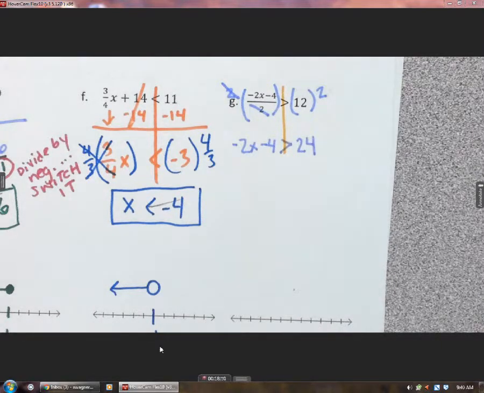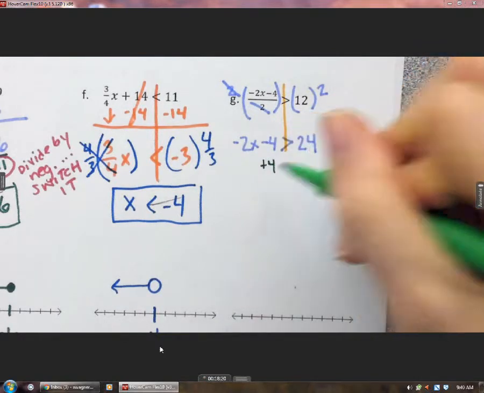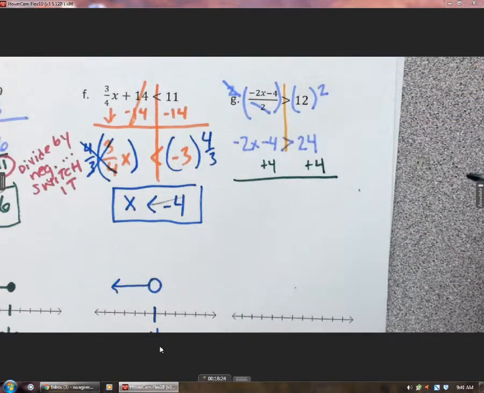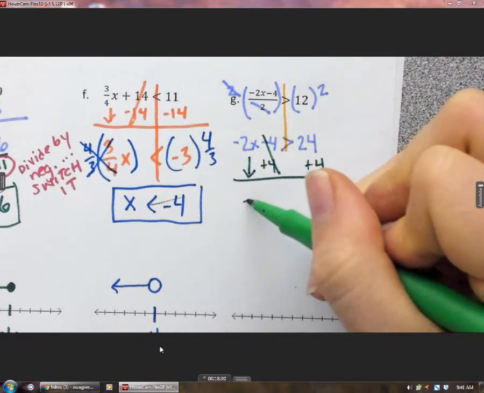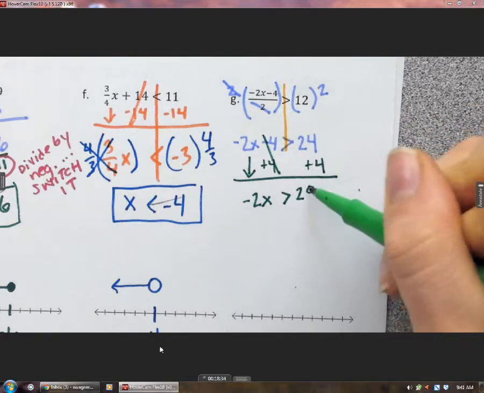So I know how to multiply already. How do you get x by itself? Ooh, well, I gotta add 4 first, I guess. I wasn't catching myself up with what Kaylee said. I know, you guys move too fast for me. All right, so I'll catch myself up here. 24 plus 4 is 28. Now,